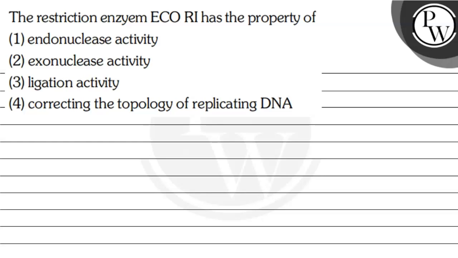बच्चों, let's see the question. So the question says the restriction enzyme EcoR1 has the property of... So इन चारों ऑप्शन में से हमें EcoR1 के property को identify करना है. So the key concept in this question is to understand what is EcoR1. So this is a fairly easy question, and EcoR1 is actually a